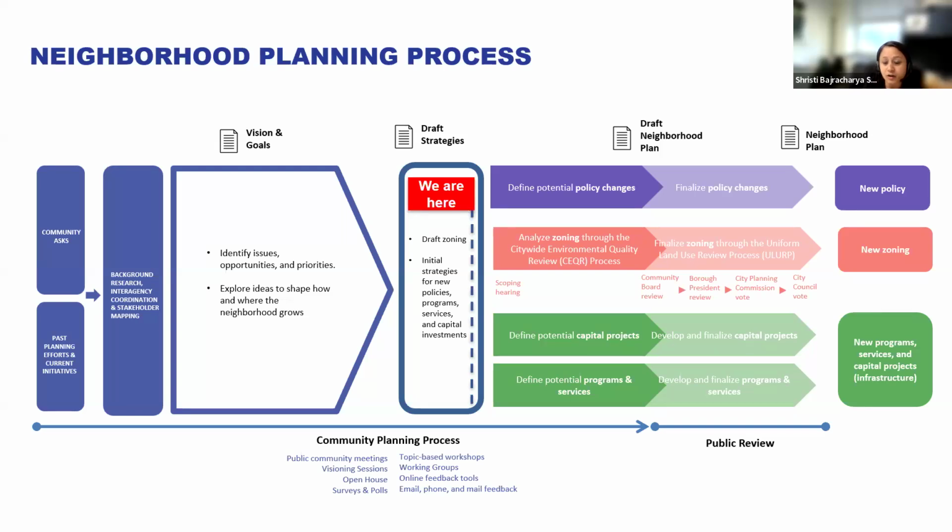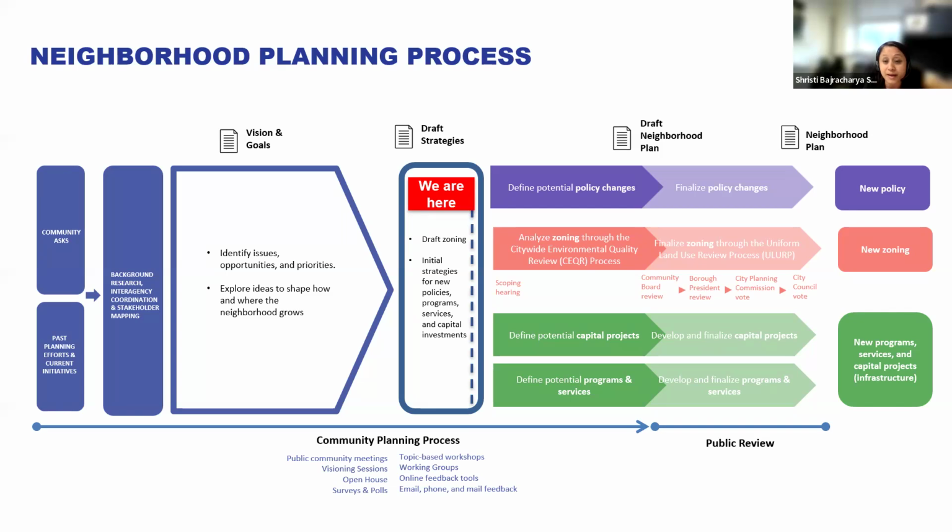The next step in the process is for our zoning framework to enter environmental review. New York City's environmental review process involves a comprehensive analysis of potential environmental impacts of a proposal, such as air quality, noise, transportation, schools, and open space. We'll talk about it more later in the presentation. While the zoning goes through environmental review, we will continue working with our partner agencies and all of you to continue to define potential investments that are needed to support the neighborhood as it grows.